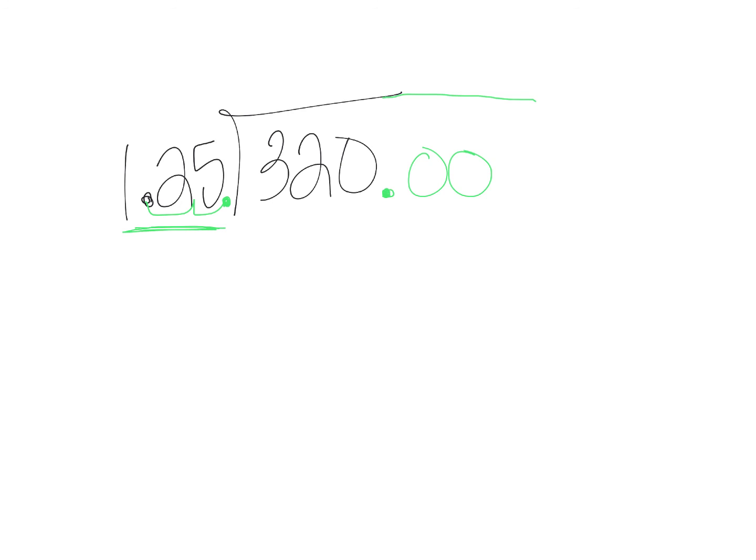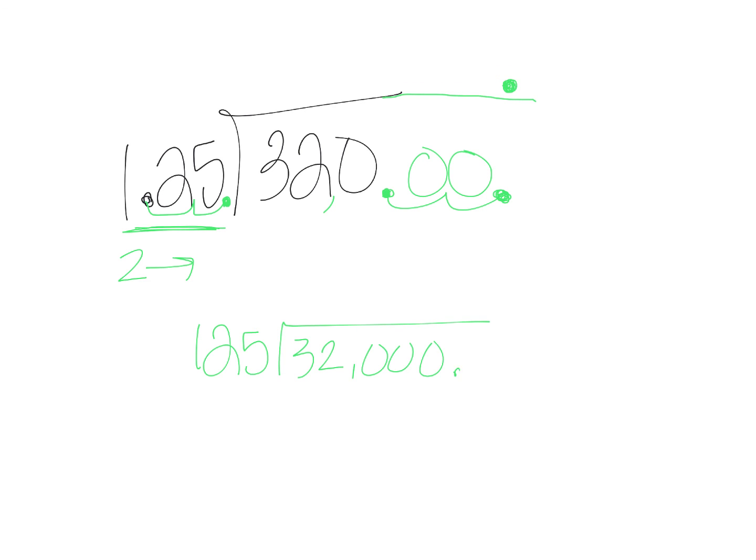So since I went 2 to the right here, now I can go 2 to the right here, and my decimal will pop up right there. So then I went from 320 to 32,000. So let's rewrite this now as 125 here and 32,000 here. My decimal is going to pop up here. I'm going to add a couple zeros just in case I need those as I'm dividing. So 125 goes into